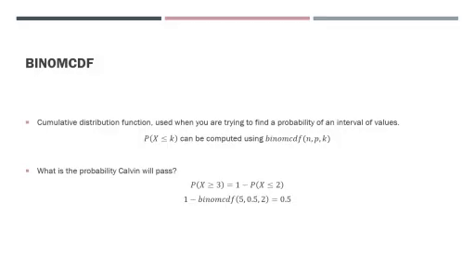Now, if we want to find the probability that Calvin passes, we want 3 or more. Since CDF only does the lower half, we have to go 1 minus the probability of him getting 2 or less. Because we can't go greater than 3, we go less than or equal to 2 and then subtract it from 1, because 1 is